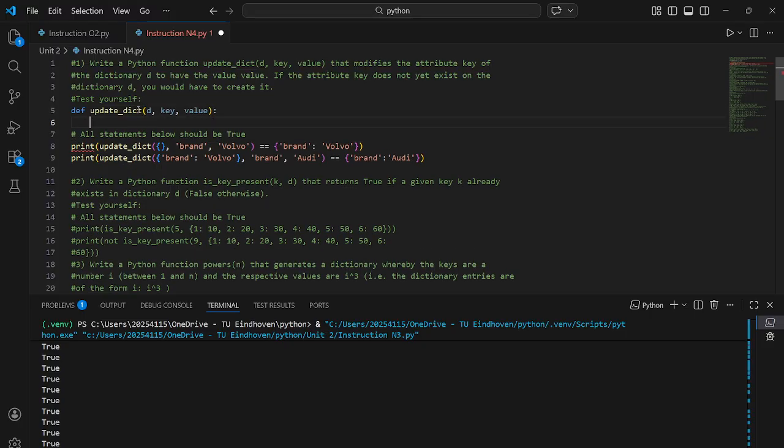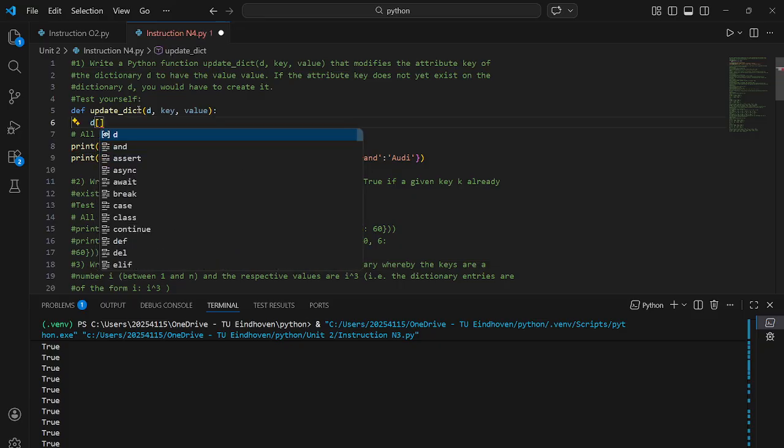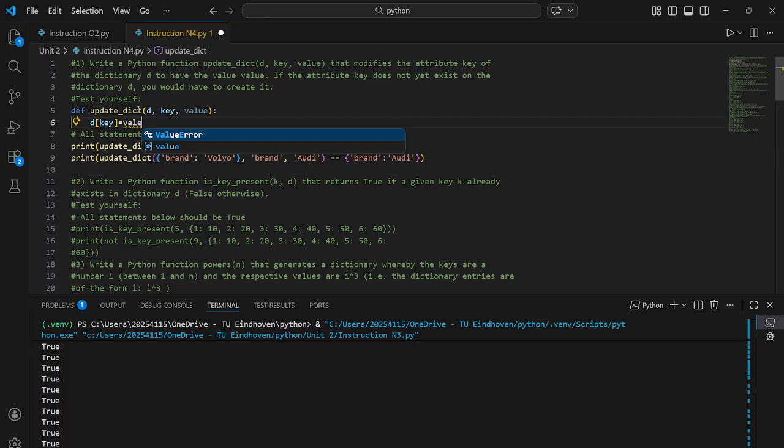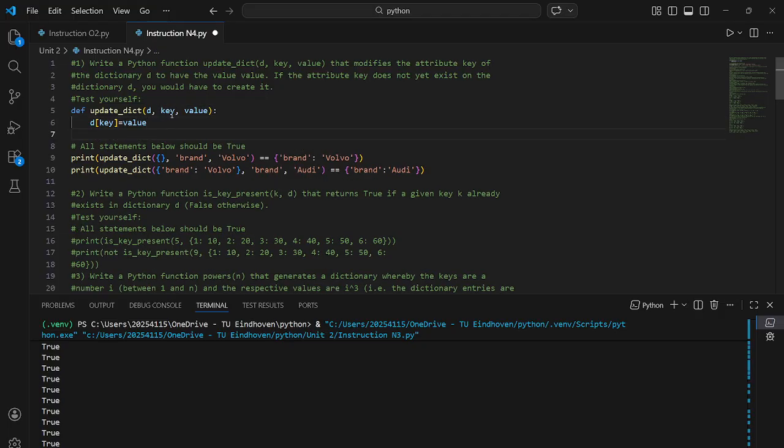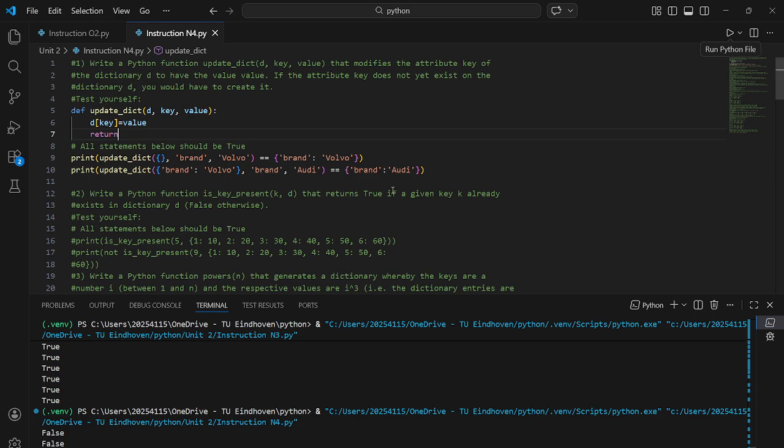And if you're new to dictionaries, it sounds relatively difficult if you don't know much, but it's as easy as saying D[key] is equal to value. So you're basically saying within the dictionary, if it has the key, the one we're choosing, it should have the value value. When I'm saying it like this, it kind of sounds illogical, but if I return D and then print these,